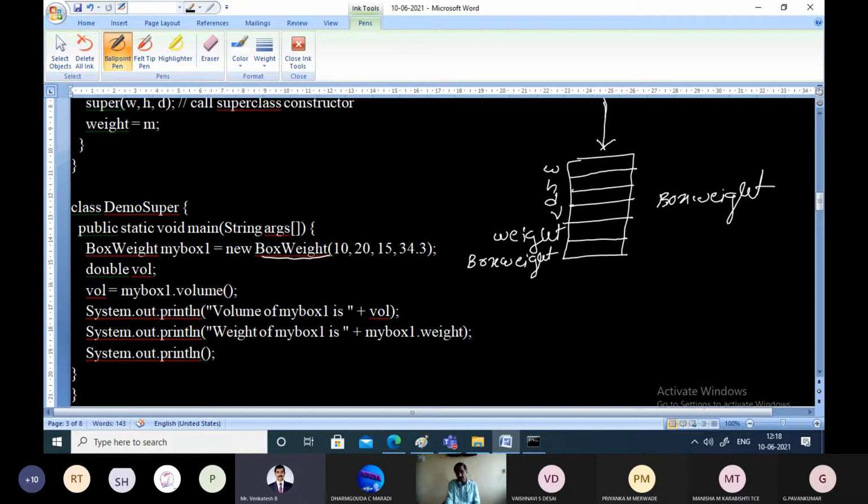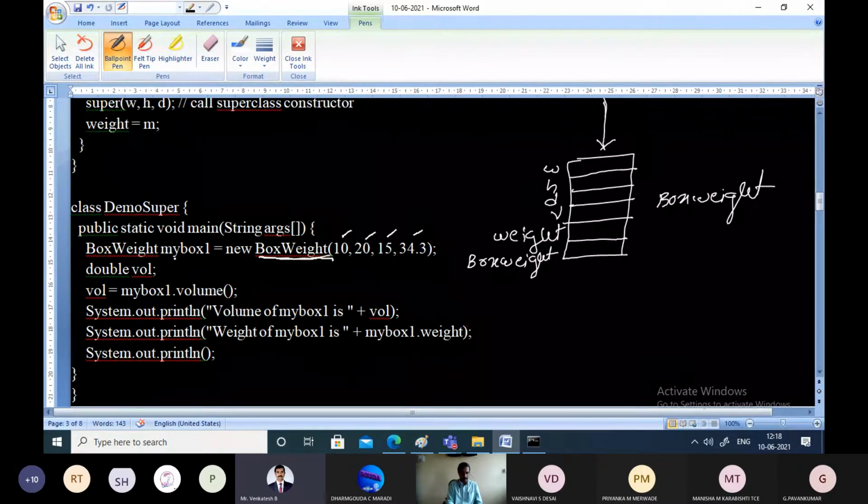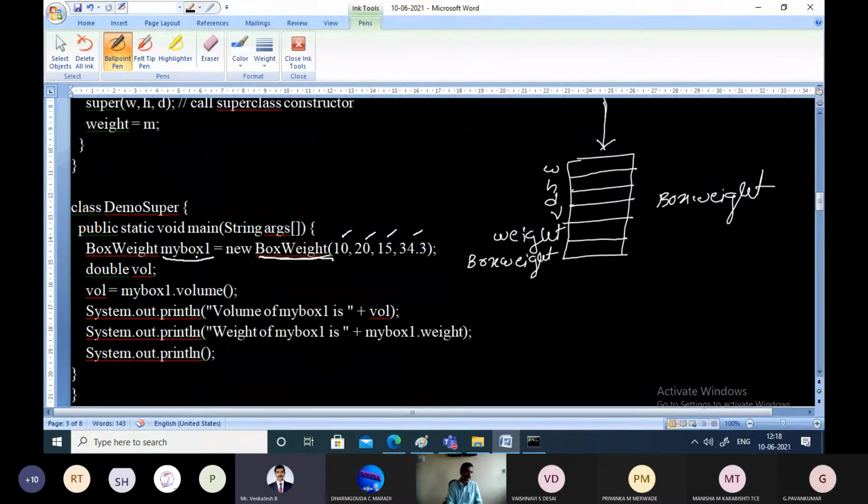We are creating an object of this particular subclass because it is box weight. We are calling the constructor box weight by passing 10, 20, 15, and 34.3 as the parameters. Whatever is the outcome of this RHS is being assigned to a reference variable, my box 1.